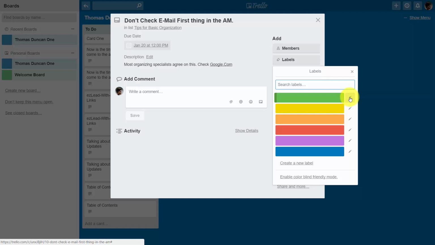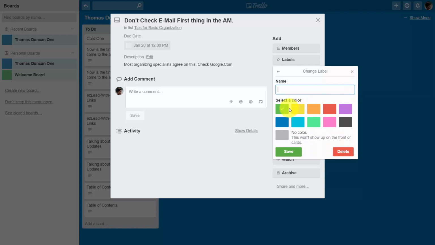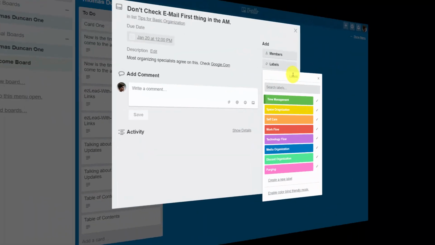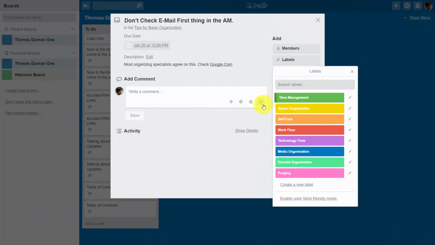For example, we can click this pencil and we can name this label according to a different level of categorization. Once we've named the particular color, we'll then click Save. We can then name all of our colors in a different way. We can create new labels once we've completed the ones that we have. Once we have all the labels that we are going to use, we can then begin to use the labels